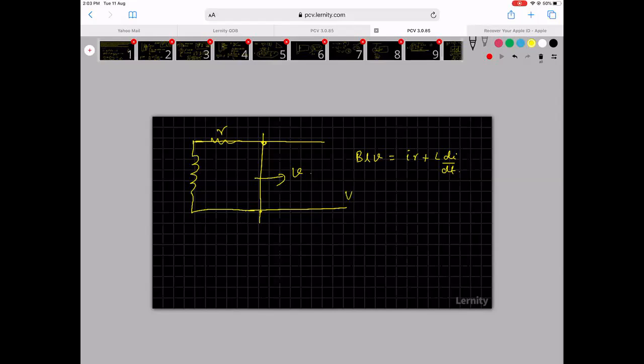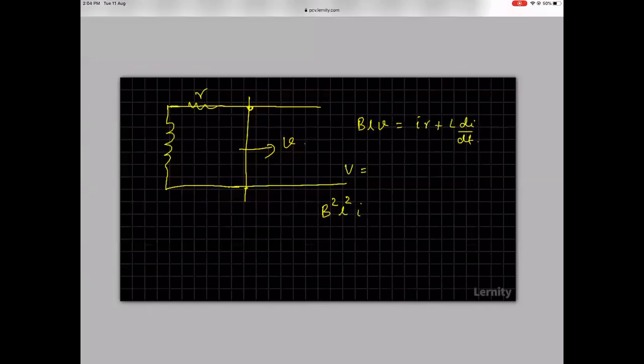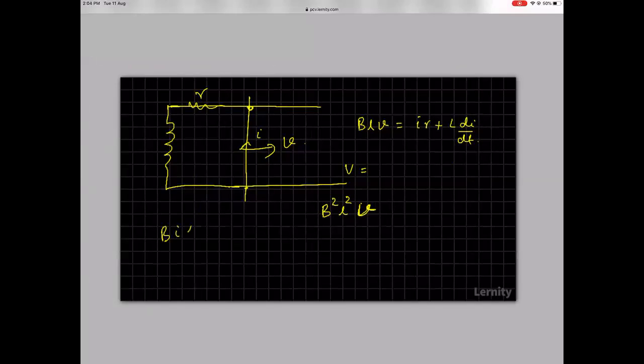Then V is equal to, if a current I is going, BIL, so B squared L squared I, B squared L squared V. The current going here is I, so the force is BIL, so B squared